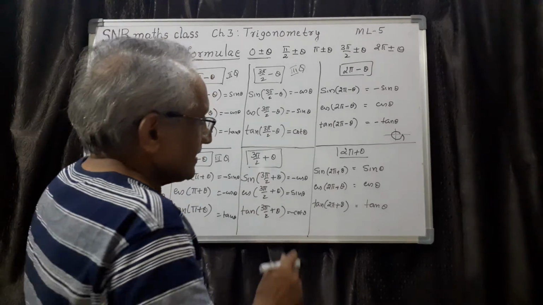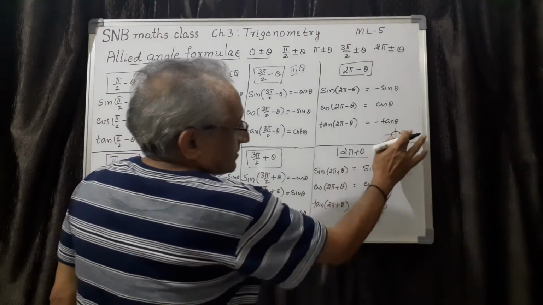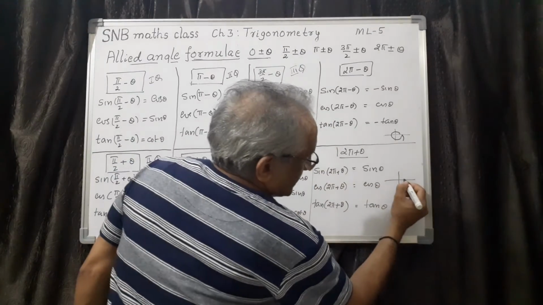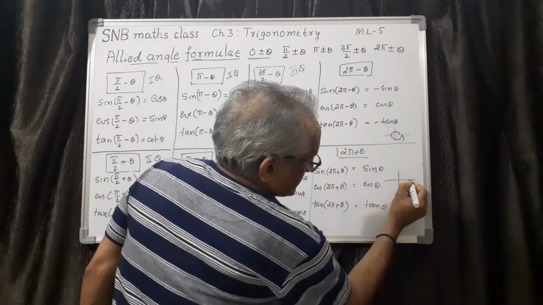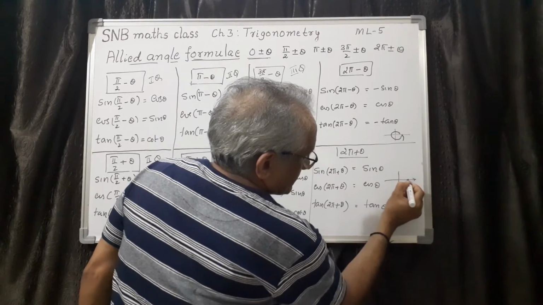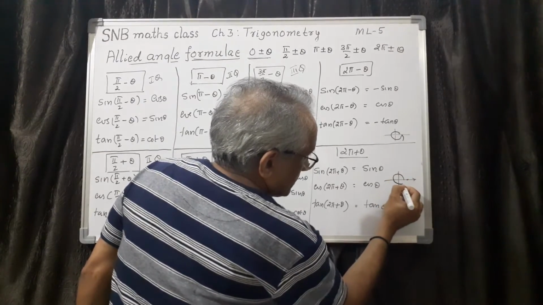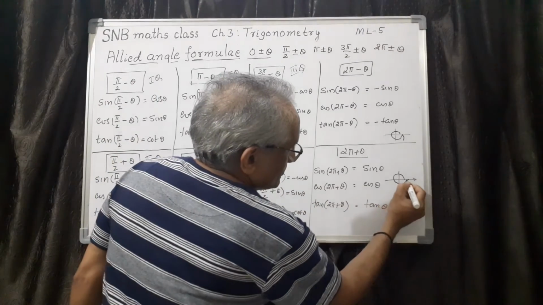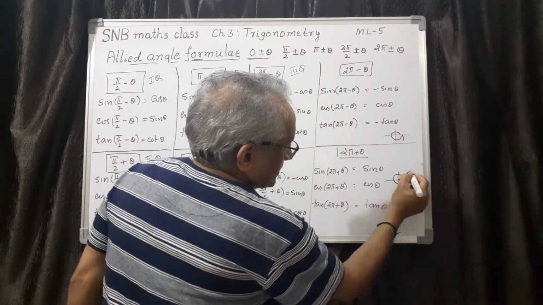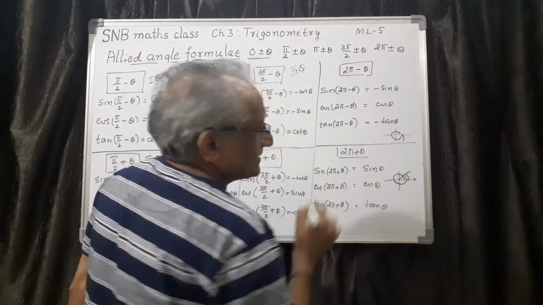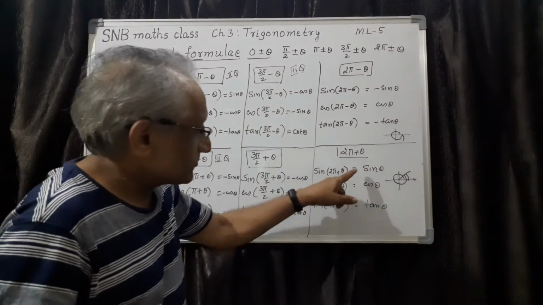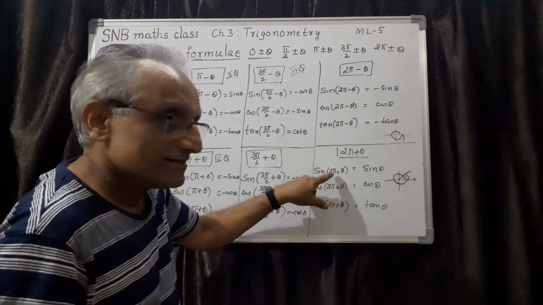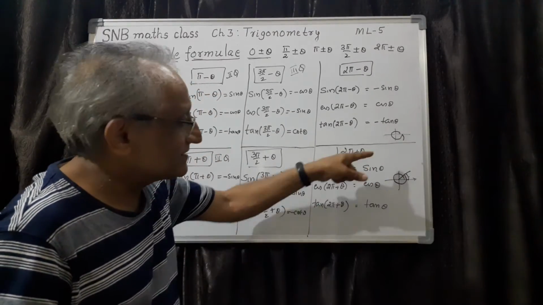This is the reason. And 2 pi plus theta means what? Here, first take a ray, for example on the x-axis, and rotate one full rotation. It will come back to the x-axis only. Then you have to rotate further by theta, so you get sin theta. So this is the reason. Therefore sin will be positive only, because this is in the first quadrant. 360 plus theta means where? It is in the first quadrant.